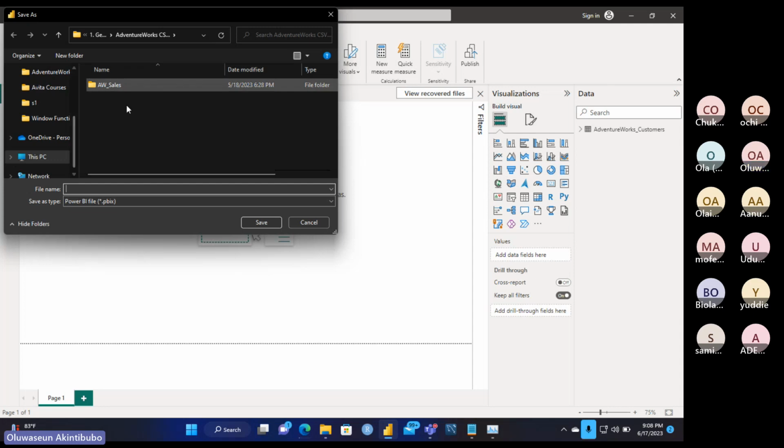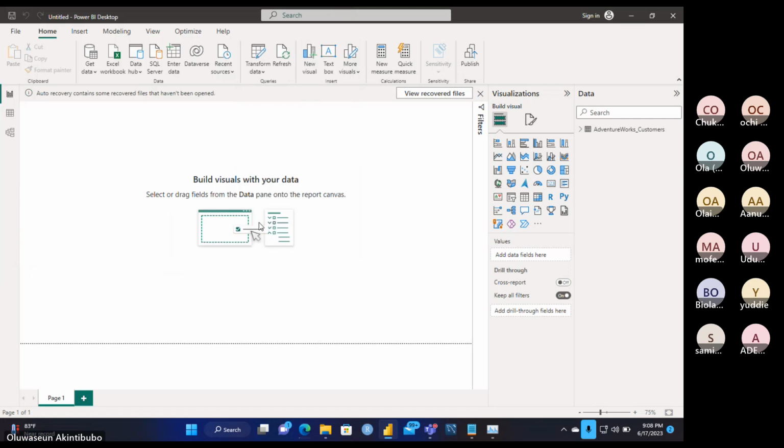So give your work a name, save it. Save your work and you can close it. So there's a PBIT, there's a PBIX. I should select PBIX. Yes. Okay, thank you.